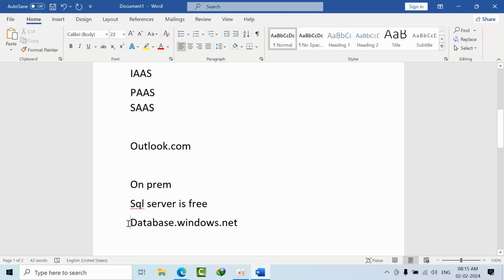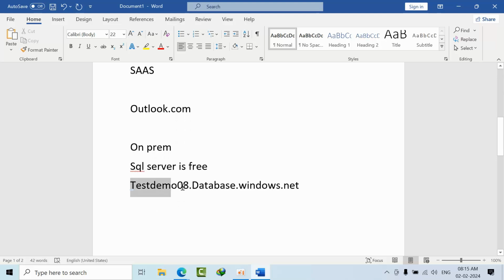After that you can create whatever name you want, like harsha.database.windows.net, or sai. So it is your SQL server. For demo purposes, I will create demo 608. I'm going to create this as my SQL server.